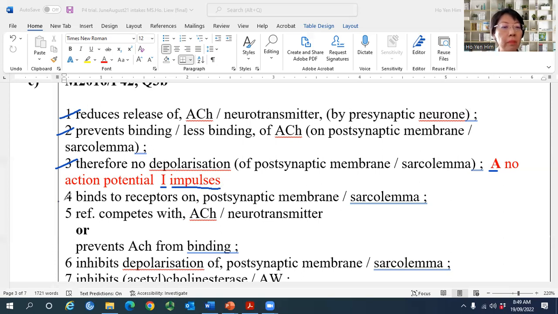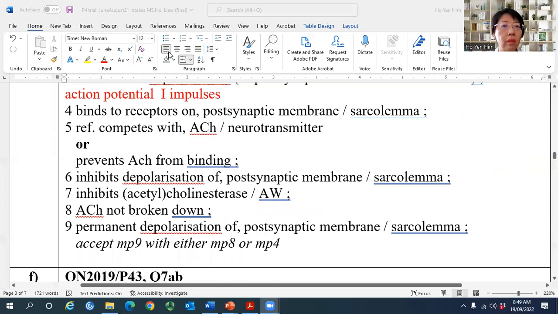Number 4, it may also bind to the receptor on the postsynaptic membrane. This is where you need to describe very clearly where it binds. It binds to the receptor where? The postsynaptic membrane or sarcolemma. Okay, so it may compete with,